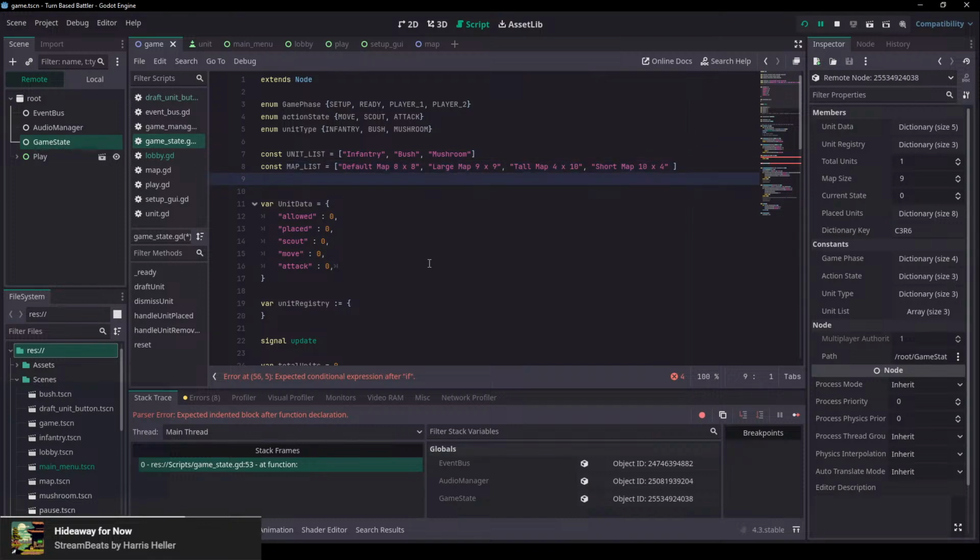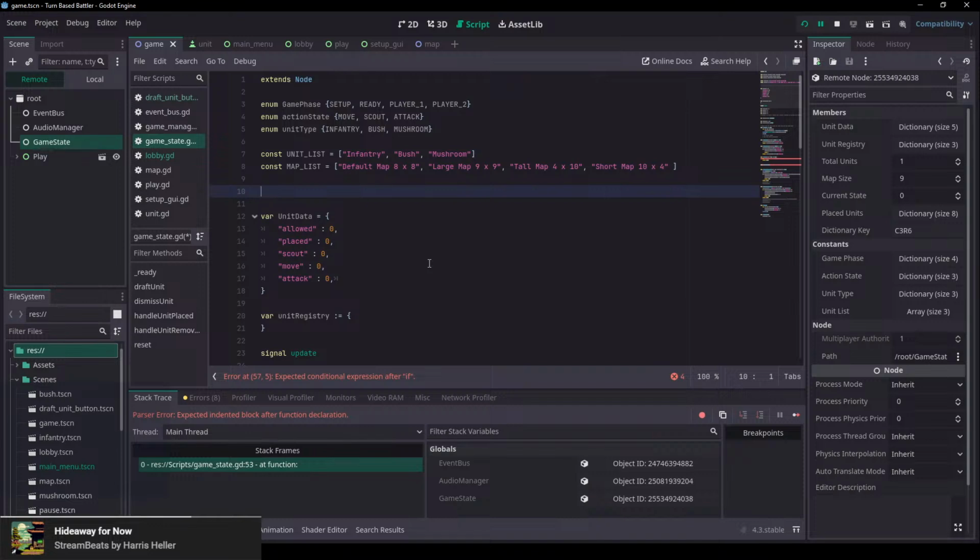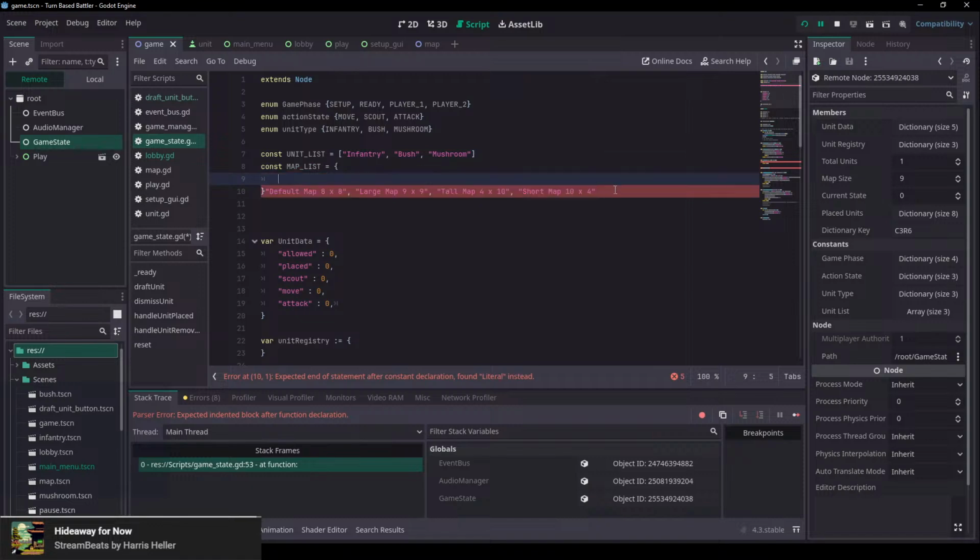Okay, and then we're going to want more info about each of those maps. So maybe this is more than just an array of strings. Maybe this is a dictionary. I think this one can be a dictionary because we're not going to change it. Sorry, I'm doing a lot of thinking out loud, but so if we say